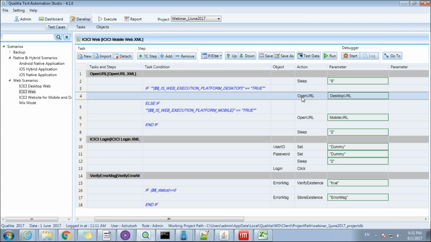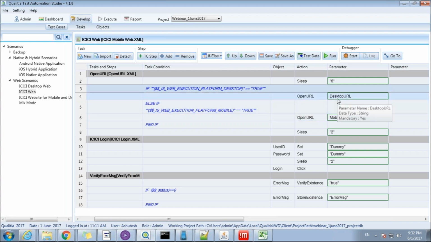So Qualisha gives the user the capability to intelligently discover the execution platform that this test case is being executed on at that particular instant. At runtime, this information is made available, and you can see that based on the execution platform, the right URL is being entered here. And obviously these are parameterized values, so you can put any number of iterations here.